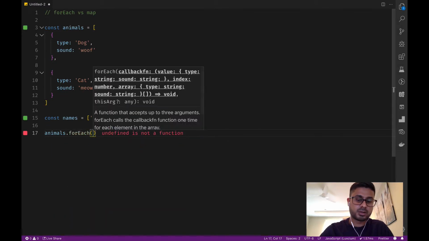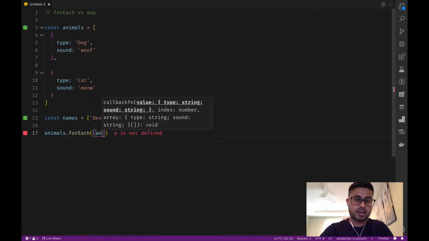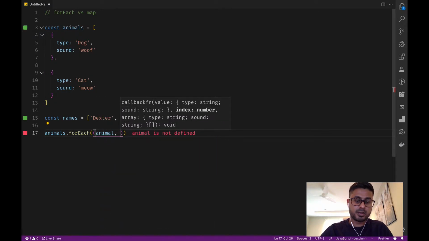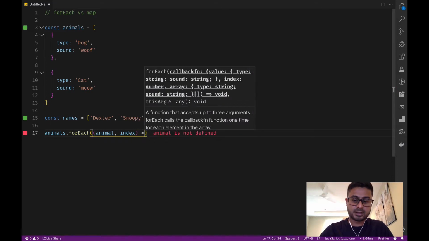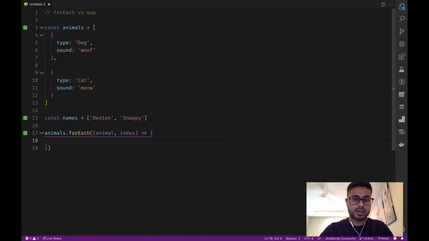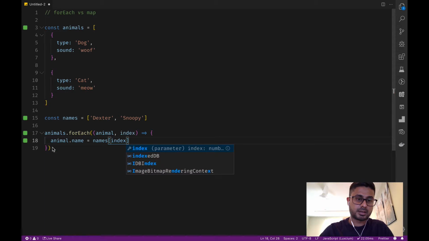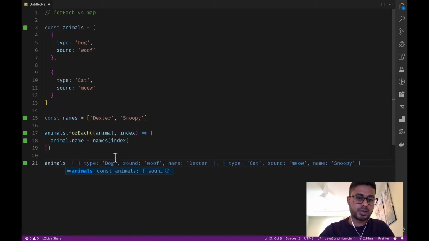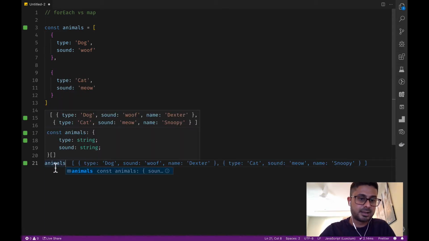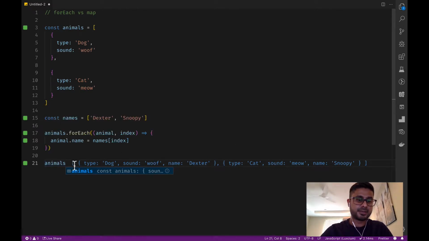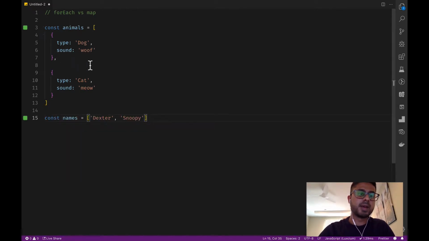animals.forEach. We can do animal, and we can get the index, and we can say animal.name equals names[index]. Now when we output the animals array, we can see that the dog has the name Dexter and the cat has the name Snoopy. So the map method works in a similar way to forEach, except instead of modifying the